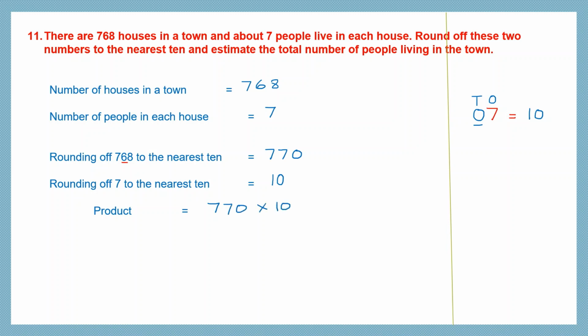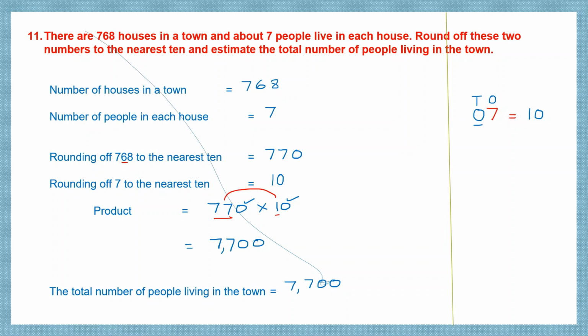So let's multiply 77 into 1. 77 into 1. 77 ones are 77 itself. And then let's look at the zeros. There are 2 zeros. So now we have 7,700. So the total number of people living in the town is